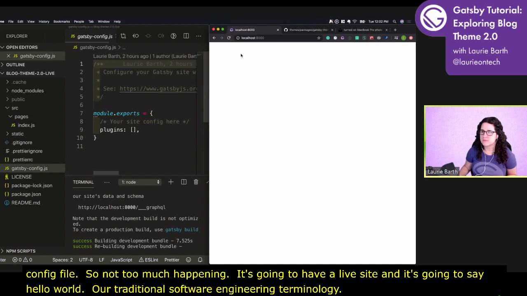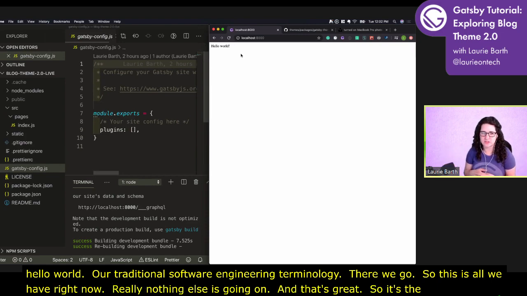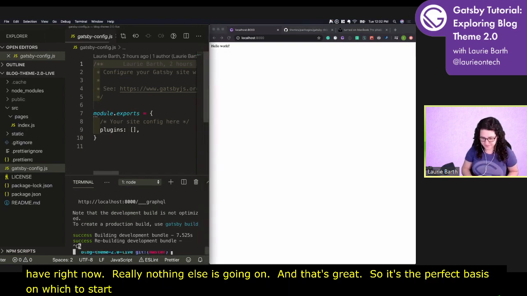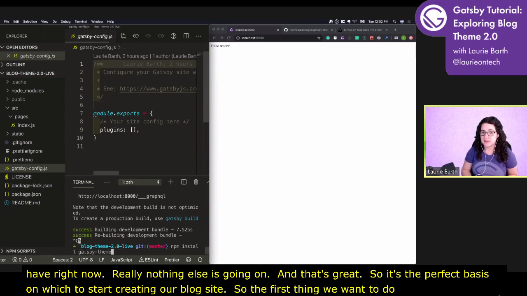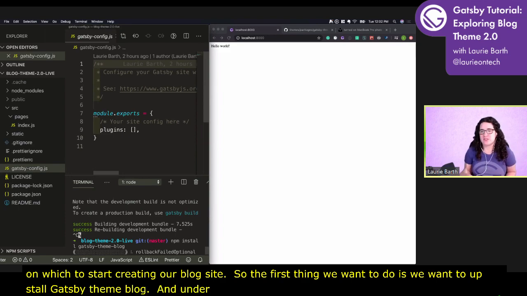There we go. So this is all we have right now. Really nothing else is going on. And that's great. So it's the perfect basis on which to start creating our blog site. So the first thing we want to do is install Gatsby theme blog. And under the hood, that's going to install a whole bunch of other things, because the way that themes work,